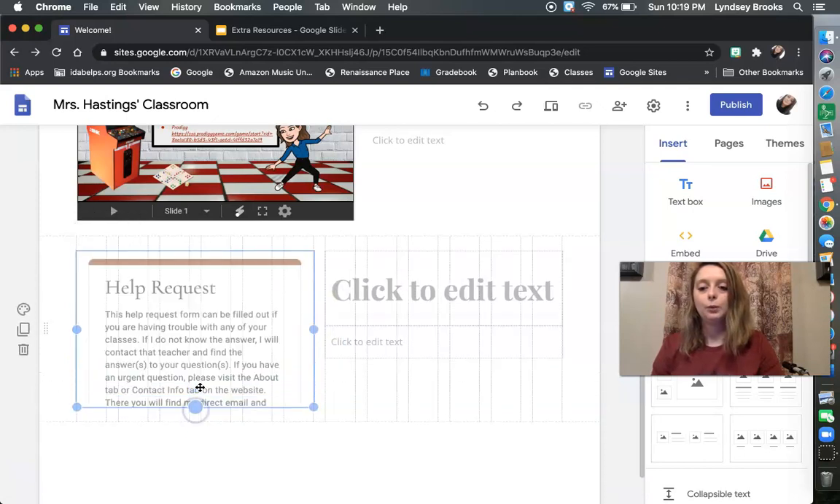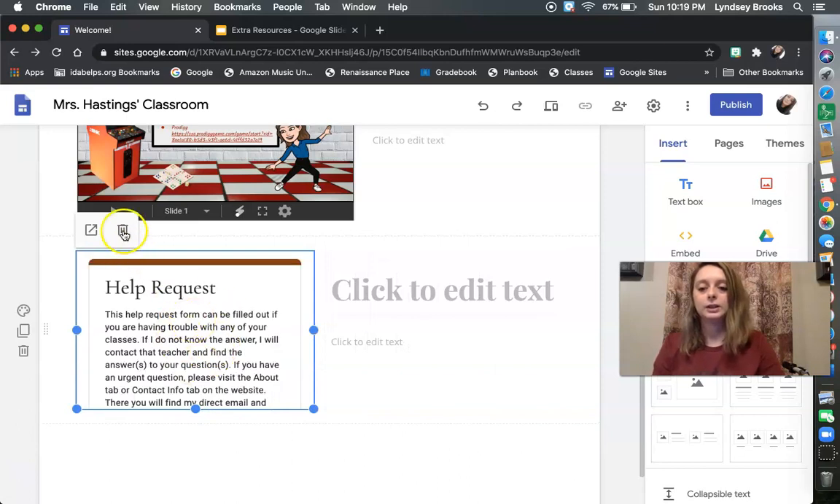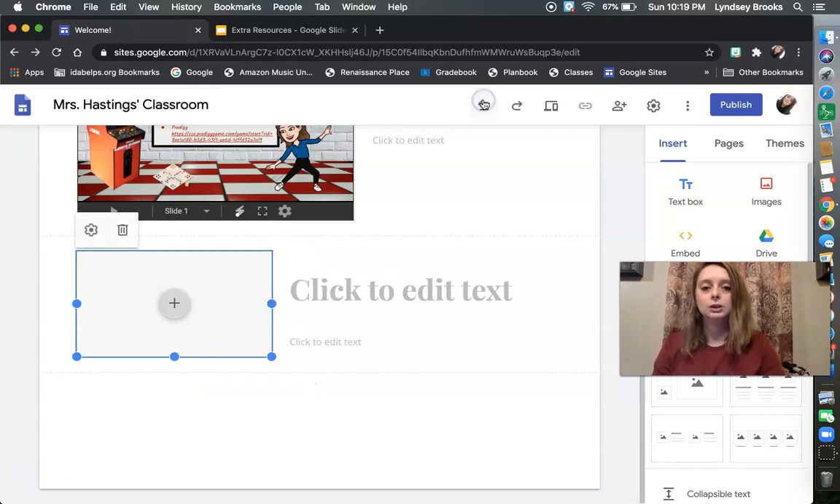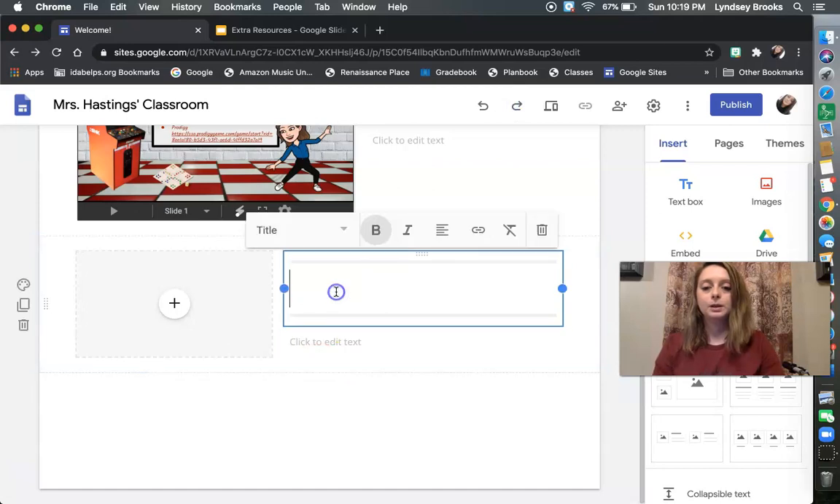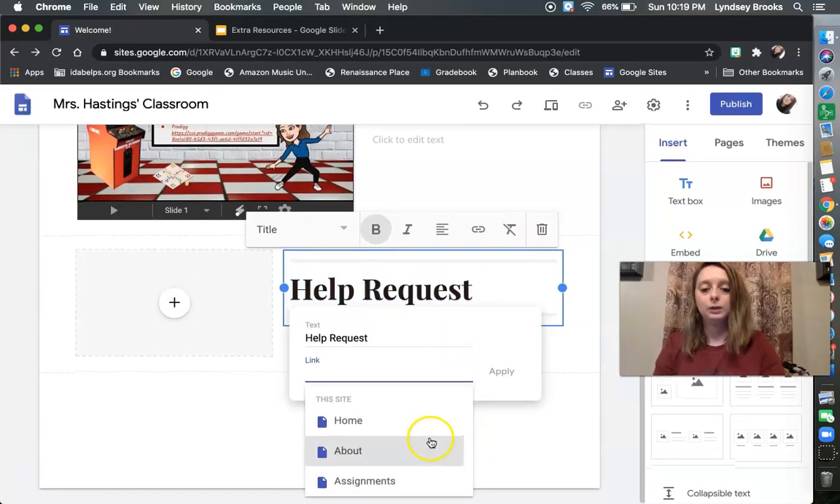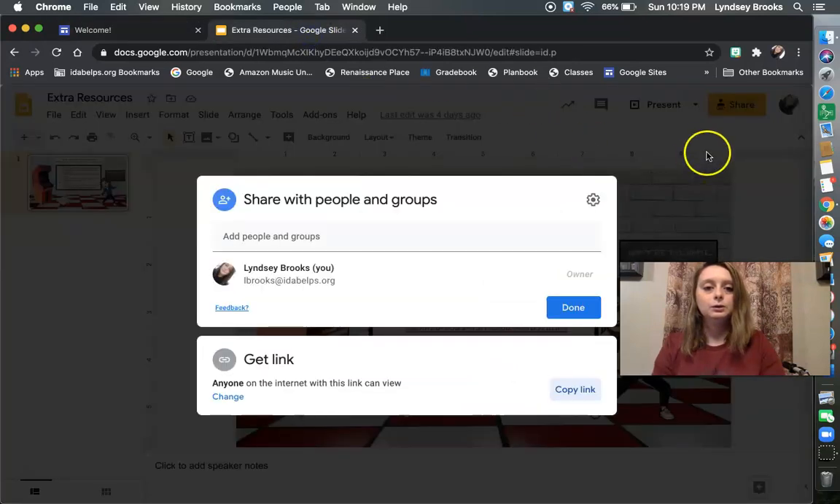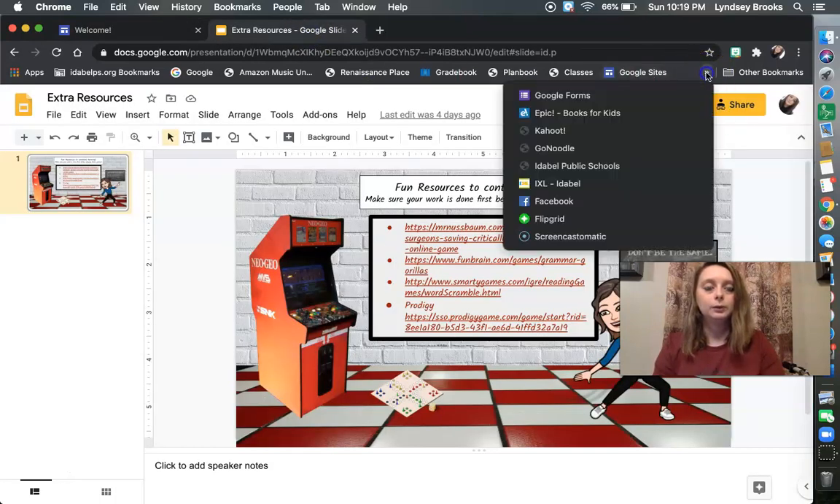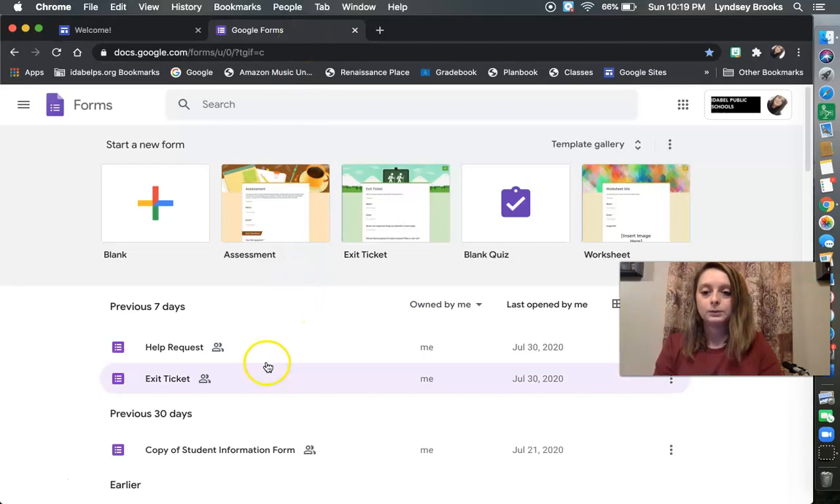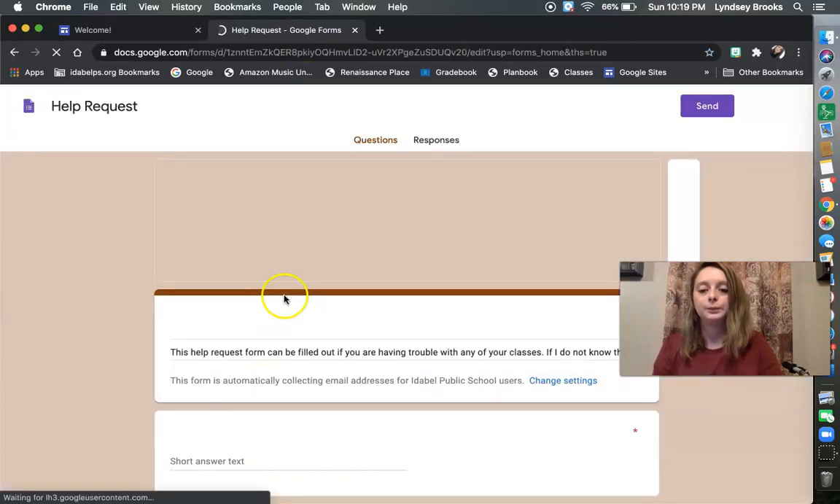Now, if you don't want to have, say, this on there, let's back it up a little bit, and I'm going to show you how to link it to words on your slide. So we have help request. Let's say we want them to click on help requests in order to get to that Google form. This is where we will have to go to our Google Forms, which I have it bookmarked there. We'll go to Google Forms, and last thing I worked on was help requests, so